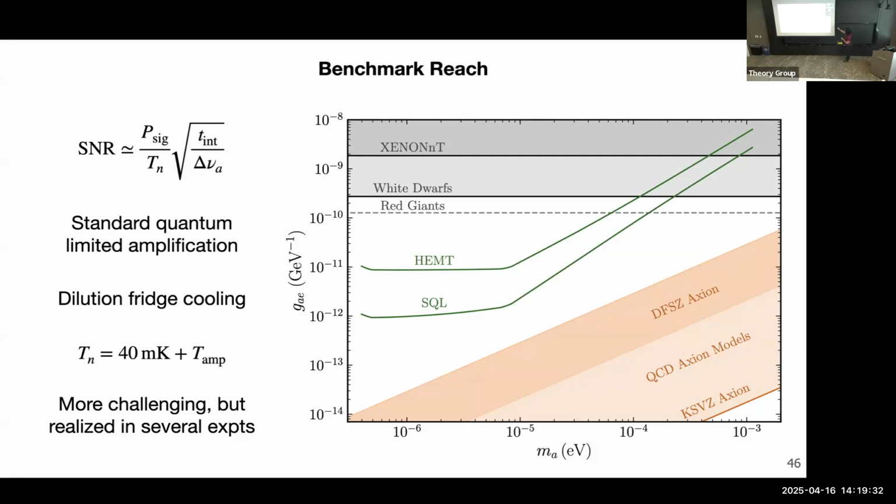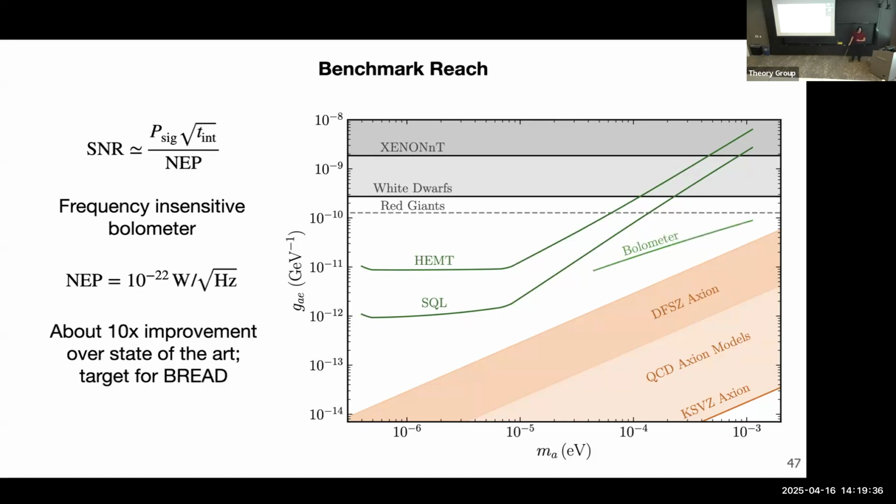The reach is weak up here because the whole thing is very small. So that's why we're not getting as much volume enhancement. Now here's another benchmark, which is that when you're getting up to masses of up to milli eV, the standard quantum limit is very, very strongly suppressing your sensitivity. What's better to look at is not actually the fields that are coming out, but the amount of energy that's coming out, because that's not subject to quantum limitations.